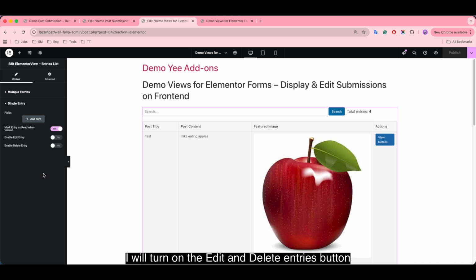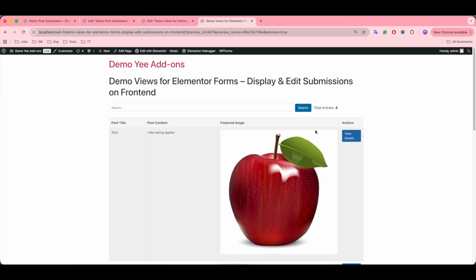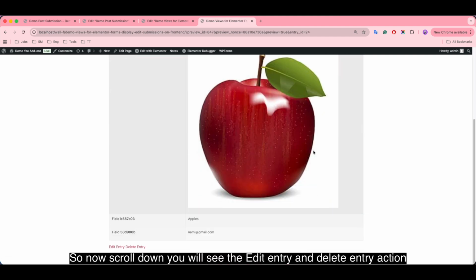I will turn on the Edit and Delete Entries button. So now scroll down, you will see the Edit Entry and Delete Entry action.